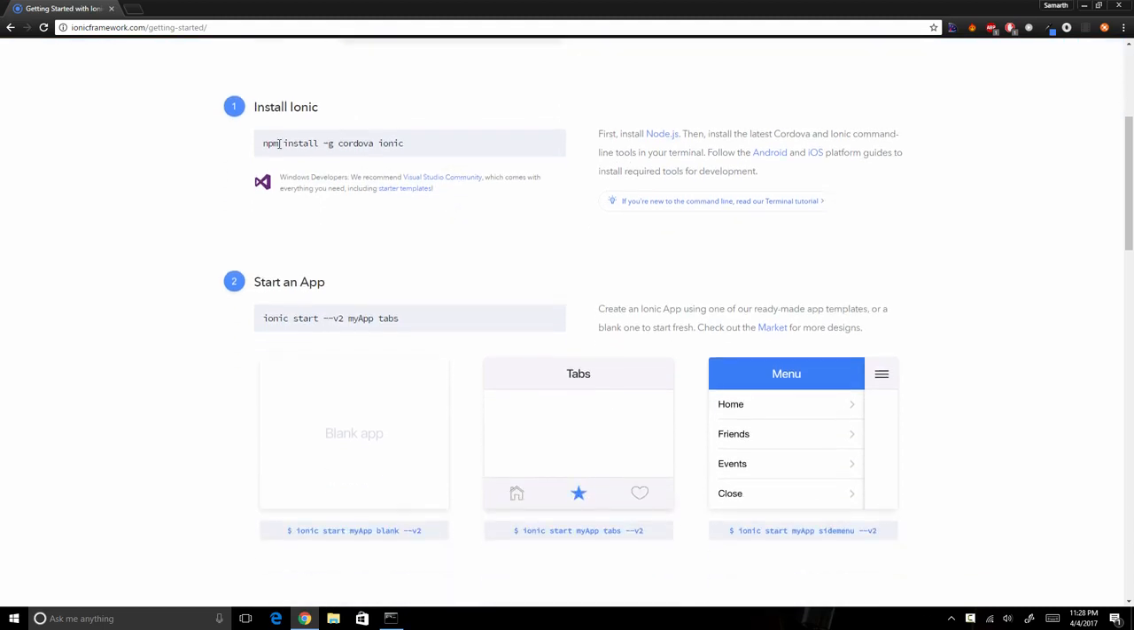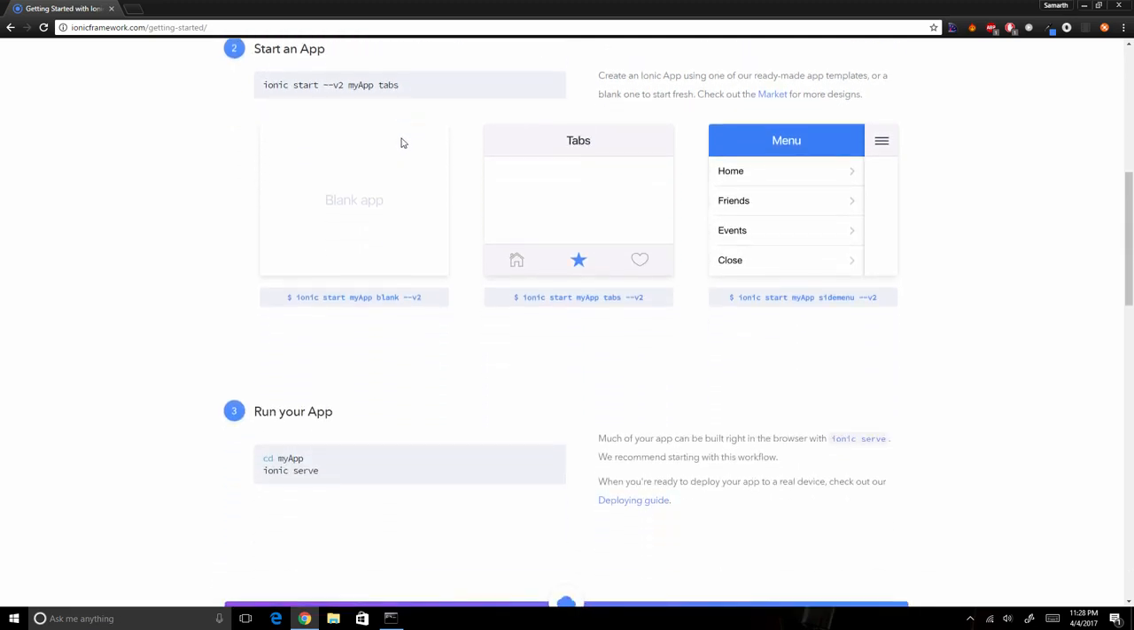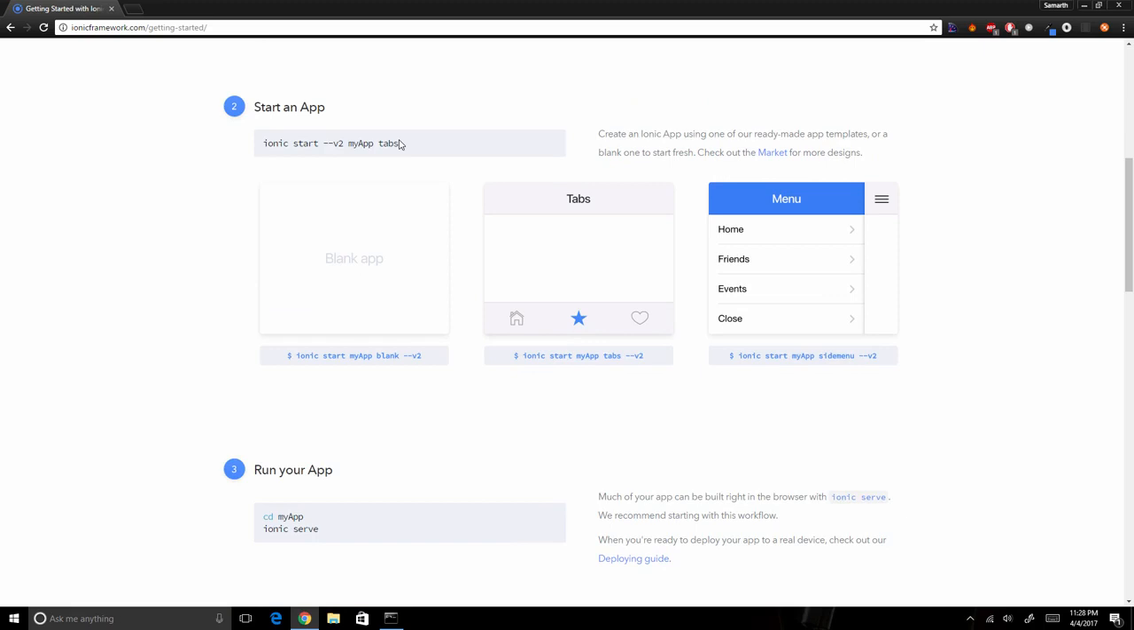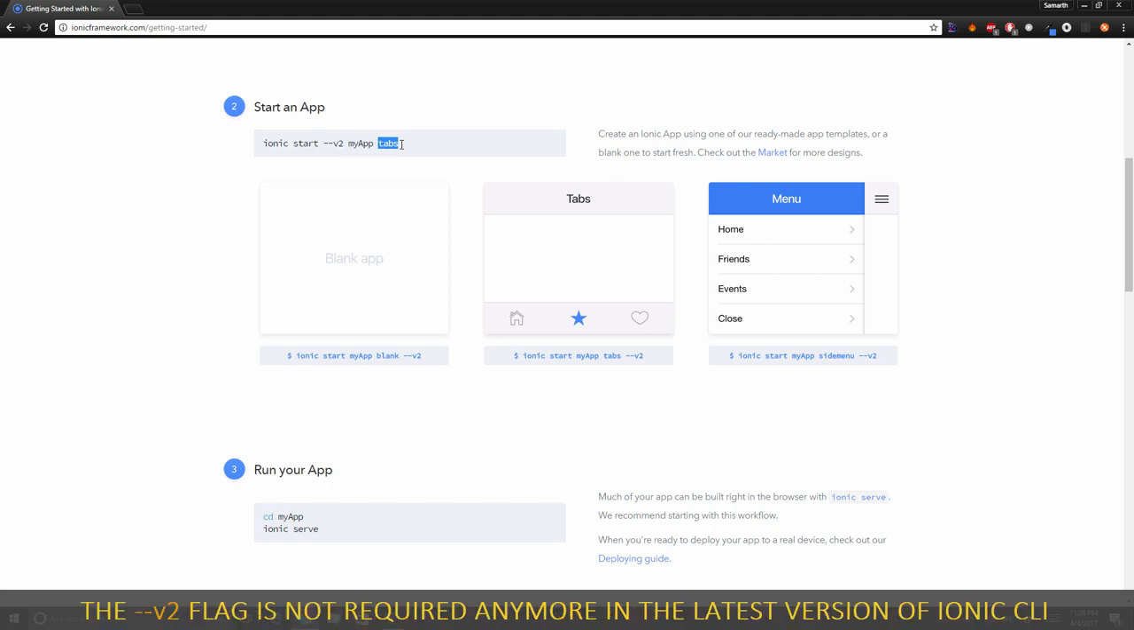So the first step is installing Ionic. We have already done that. If you remember, we have already executed this command in the last video. So our step 1 is done. Now coming to step 2, we can use the Ionic CLI to create our applications. So we'll have to type in ionic start --v2, then the name of our application, and then the name of the template. We will talk about templates in just a moment, but first of all, let's just type this command